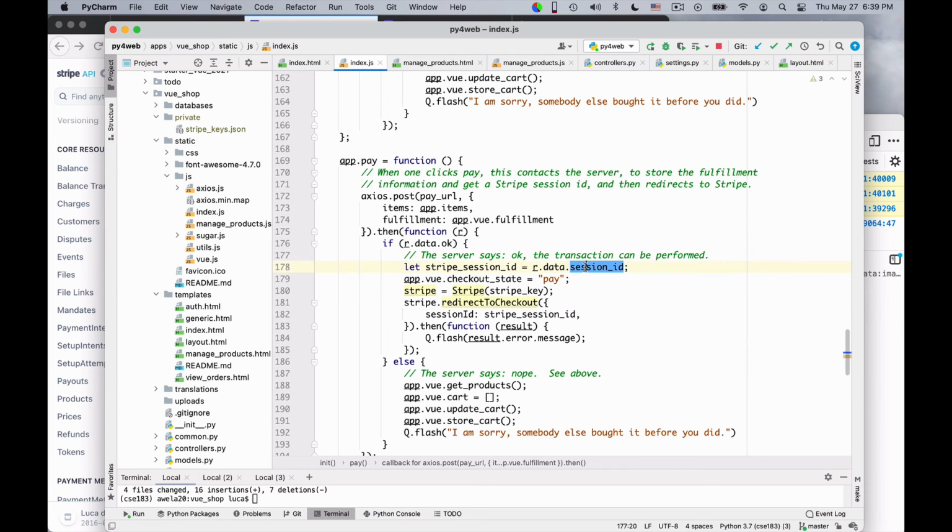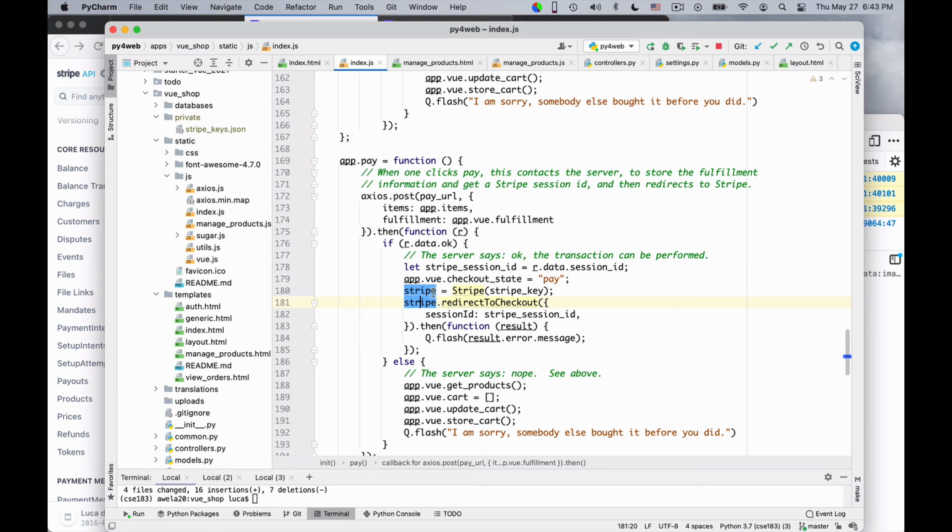So you see I get a session ID from the response data, I store it, and then I obtain a Stripe object from this Stripe library using the Stripe key, and I say stripe.redirectToCheckout with the session ID you indicated. And once this comes back, I essentially say that the transaction worked.